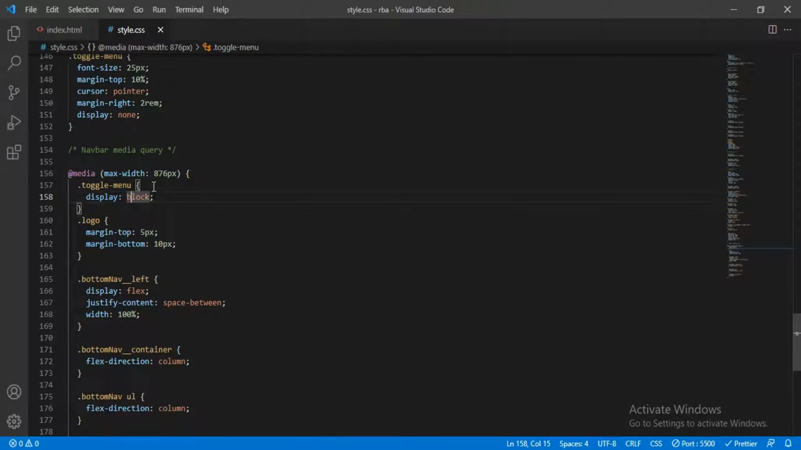Ikintu twavuze nibigera kuri maximum, ni ukuvuga ngo device zose ziri munsi y'iyi width ingana na 476, iyi tag menu yacu twakoze hidden ihita iba displayed. Okay, ihita iba displayed, ihita igaruka muri HTML muri DOM. Okay, so turavuga ngo margin, logo yacu margin top ibe 5 pixels and then bottom ibe 10 pixels. Okay, then